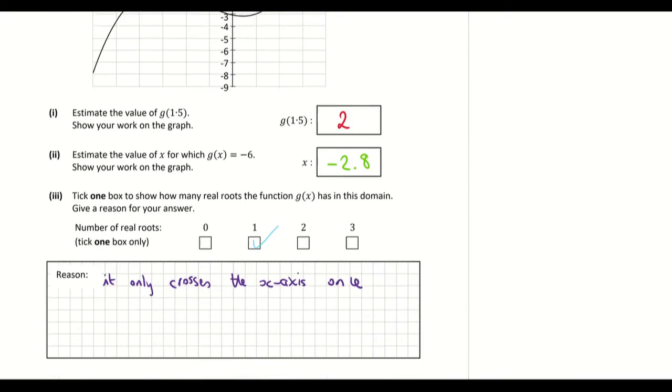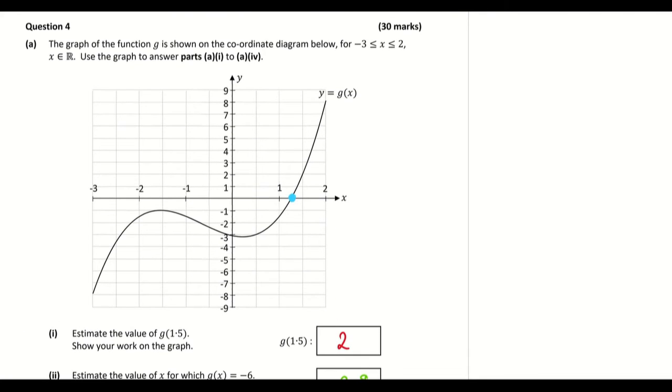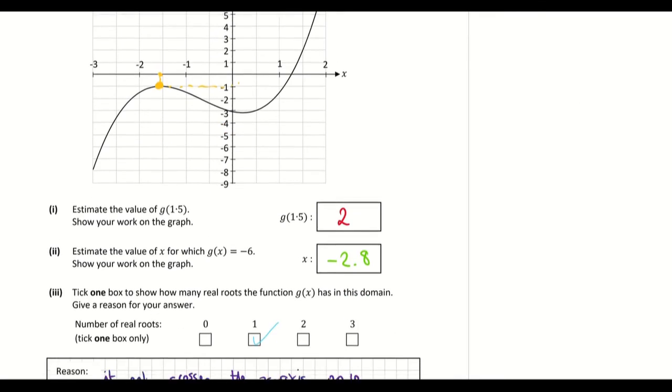Actually, we have part IV as well here, which wants us to read it from the graph as well. So from the graph, estimate the coordinates of the local maximum point and the local minimum point. So let's start with the local maximum. The maximum turning point is basically the highest point on the graph where it turns. So my maximum point would be here, where if I was to draw a line, it basically has a slope of 0. So that would be my maximum turning point. Now, where is that? That's roughly maybe minus 1.6 down to minus 1. Would that work? It looks about right to me. Let's go with that anyway. Minus 1.6